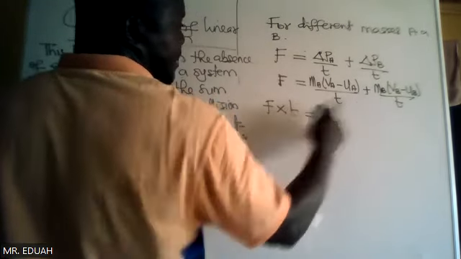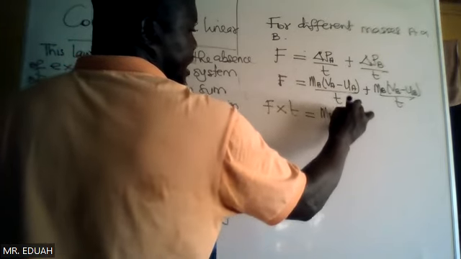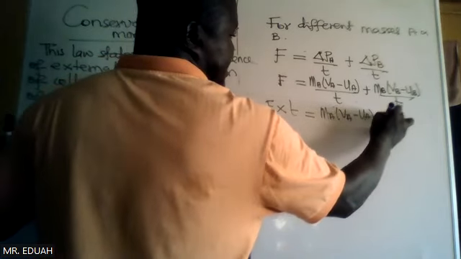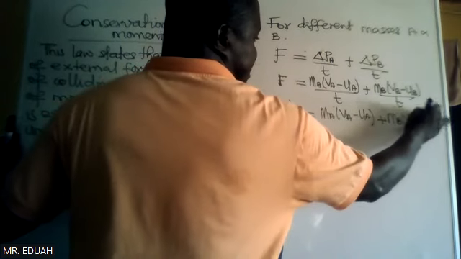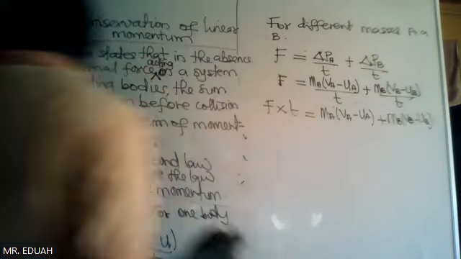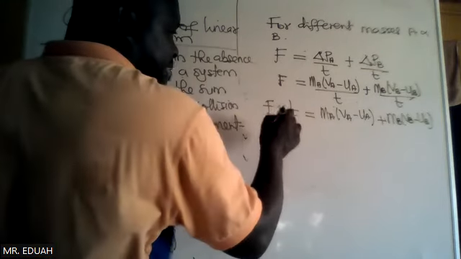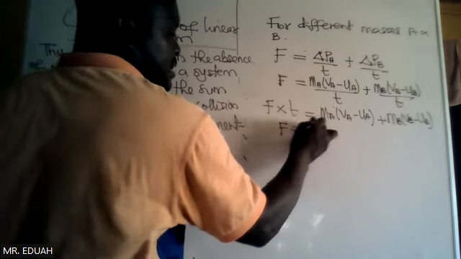And so we'll end up having MA (VA minus UA) plus MB (VB minus UB). Now, in the absence of any external force acting on a system of colliding bodies, when F is equal to 0,